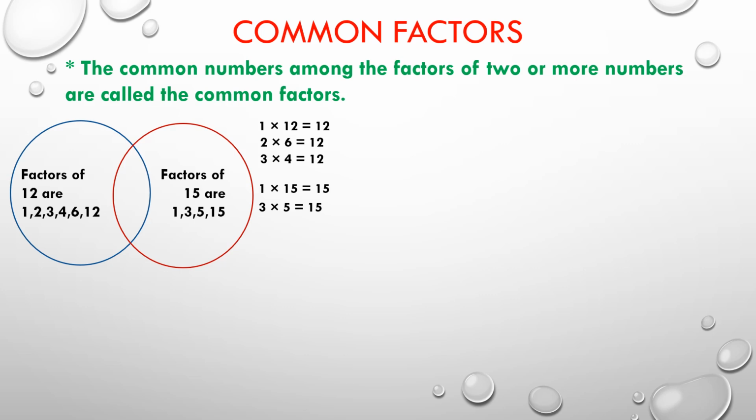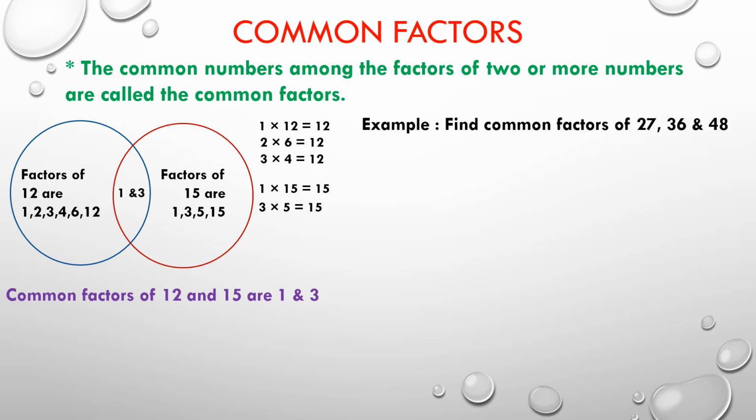What are the common factors here? What are the numbers you can see which are common in both, in the 12 also and 15 also? Yes, that are 1 and 3. So we can say common factors of 12 and 15 are 1 and 3. Another example,